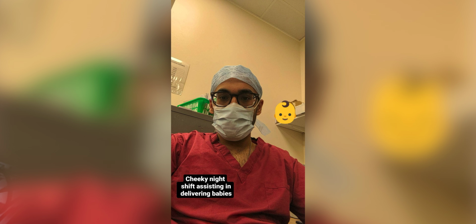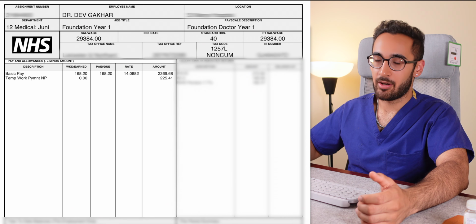Some people have night shifts here, so any unsociable hours that you work, which is outside the 9 to 5 broadly speaking, you get paid an enhanced rate of about 37%. And if you work weekends, you'd also be paid a little bit extra for that. So all of that stuff will show up here. And as I mentioned, I don't have that, so that's why I haven't received it. My gross income for the month was